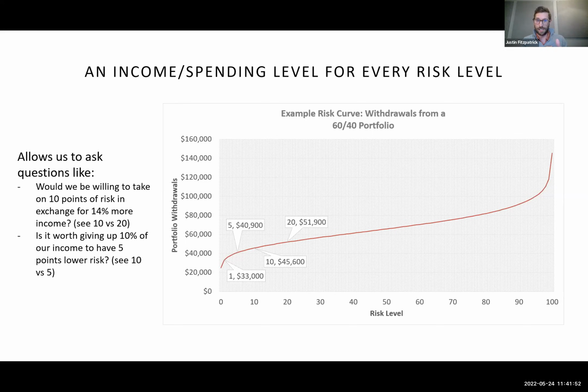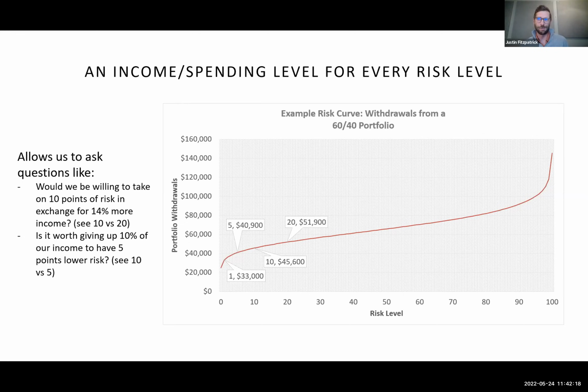So that's what we see here. If I was trying to go from a risk of 10 to a risk of 5, I have to give up almost $5,000 a year. But if I'm trying to go from a risk of 5 to a risk of 1, I'm having to give up almost $8,000 a year. So there is definitely a point at which an advisor would probably want to say, is